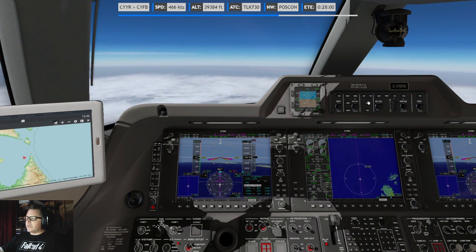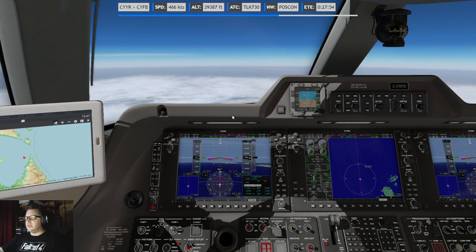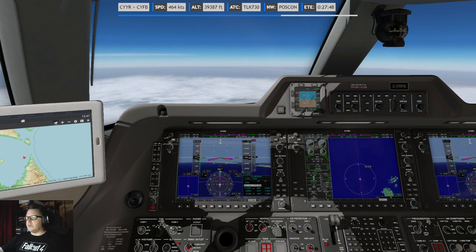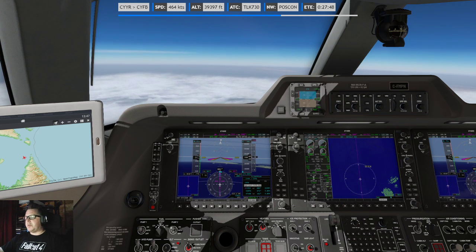All right, it doesn't want to do this because I'm not in climb anymore because I activated the... Okay. All right, I get you. Let's go to cruise power. It's going to slow down. I was creeping up on the overspeed.